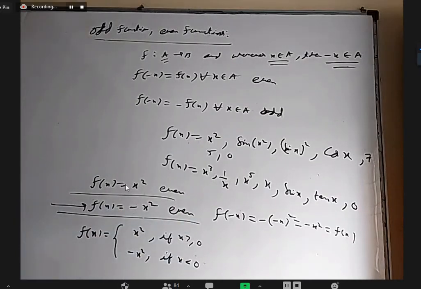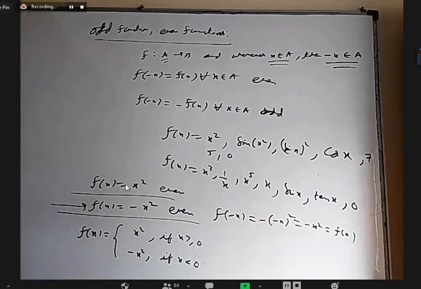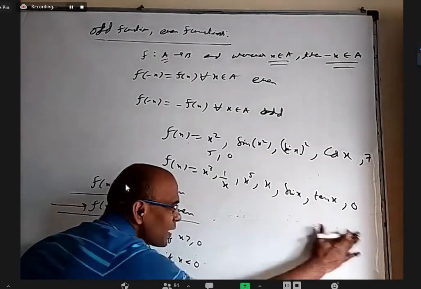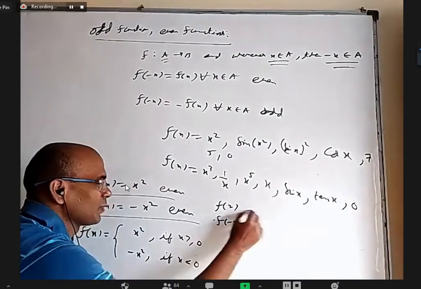Okay, what about this one? Odd function. So this I did not expect anybody to tell odd. I thought everybody will tell even just like that. But this one is odd. It appears like even, but it is odd. The second one is negative now. Let it be negative. Who cares? Let me ask. What is f of 2? Tell me. What is f of minus 2? Tell me in this question.